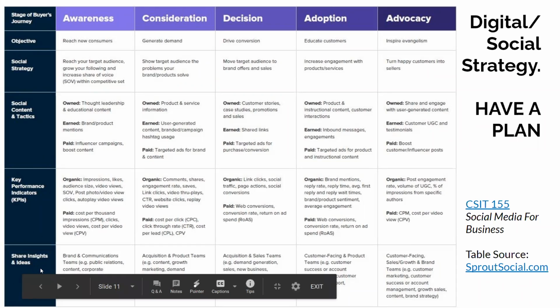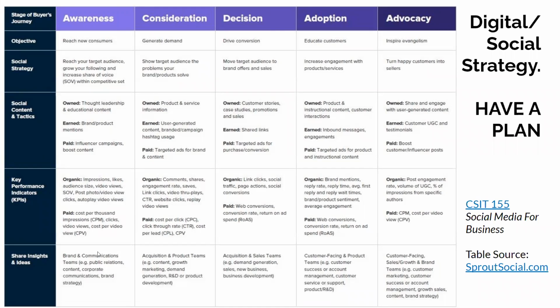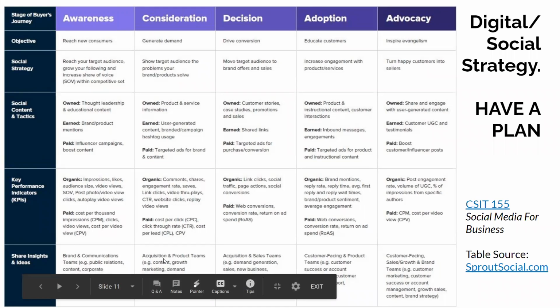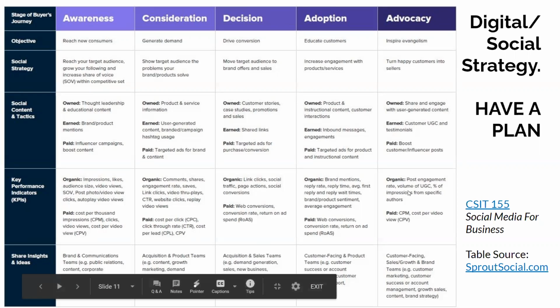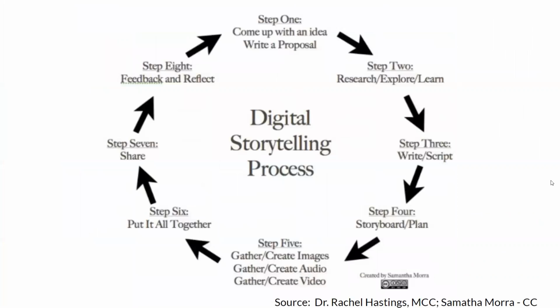Then this last row is about internally within your company, communicating with different parts of your company. There's other stakeholders in the company that would be involved in creating content or helping with strategy as you move through each of these stages. Like decision stage, when people are getting ready to buy, if you have a sales force and a sales team, you would want them involved in planning strategy around that stage. So I like this table. There's a lot to it. It's thick. And this is from sproutsocial.com, which is a site that you can look at for lots of good stuff, free stuff.